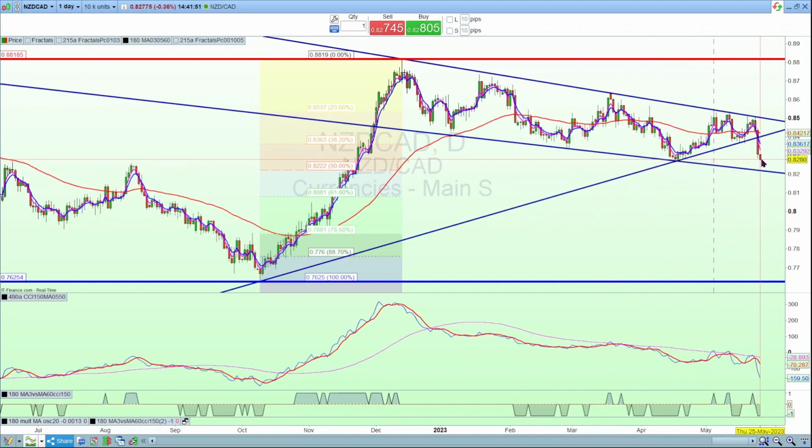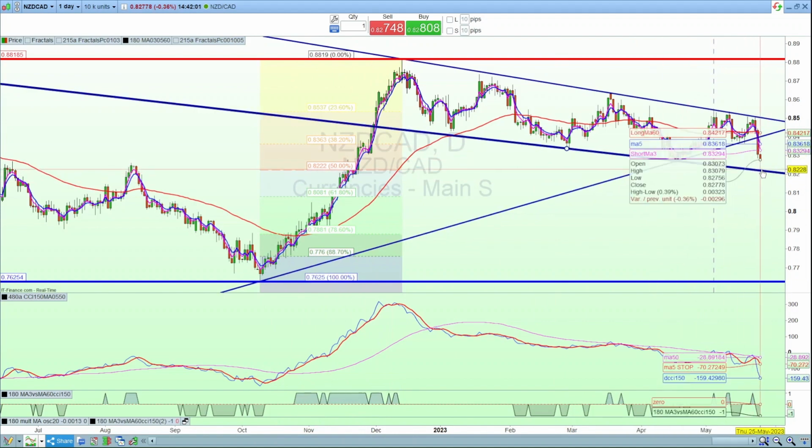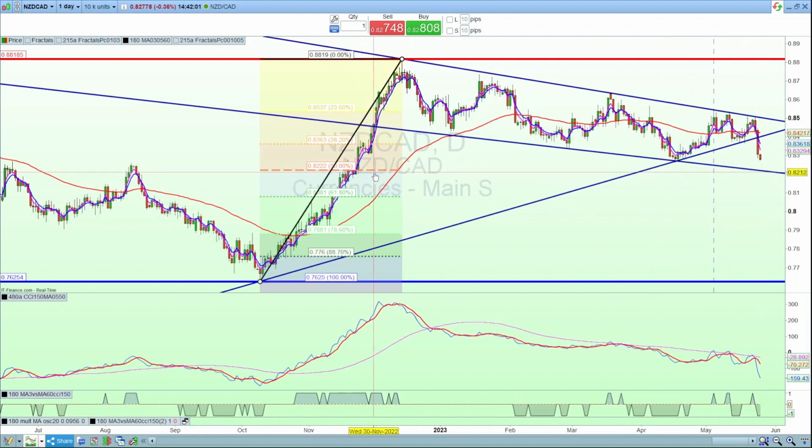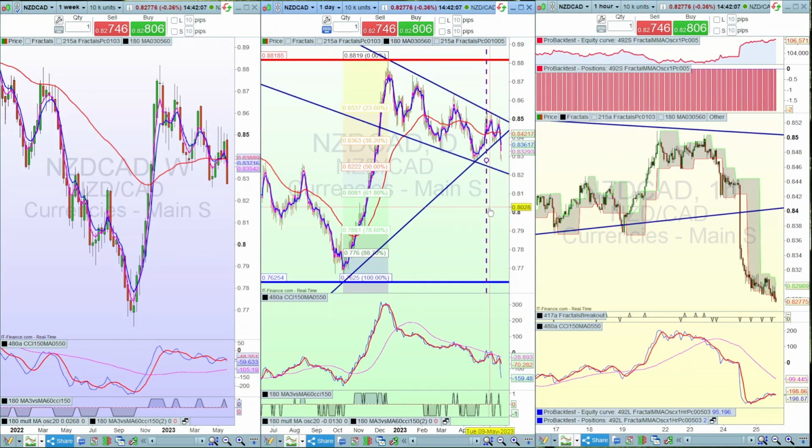You'll notice that where it's currently sitting as of this video, it's broken down through the 38% level of this wider Fibonacci level, and it looks like it may rest on this descending line, and that will most likely align with this 50% retracement possibly. So again, primarily short trades based on the daily, but I prefer to take trades when the weekly and